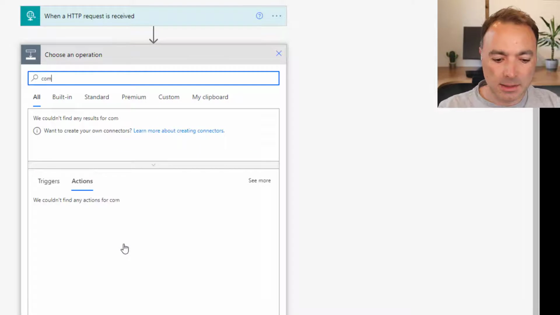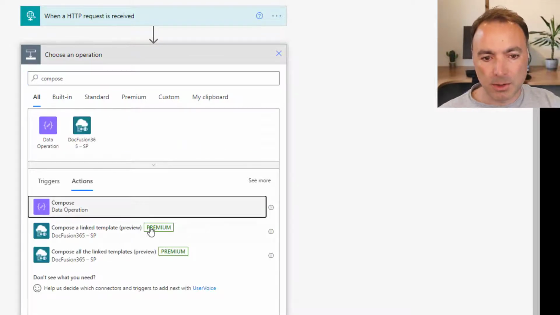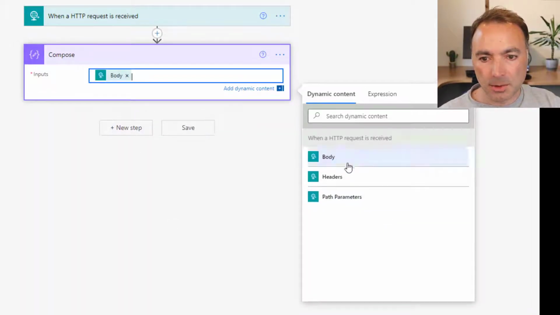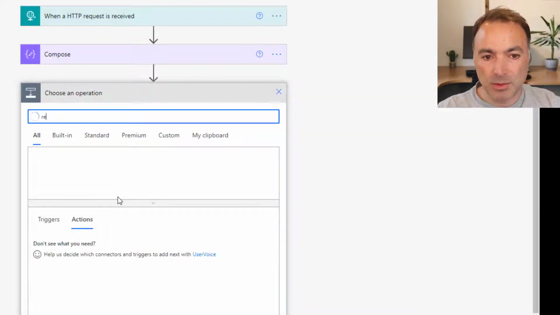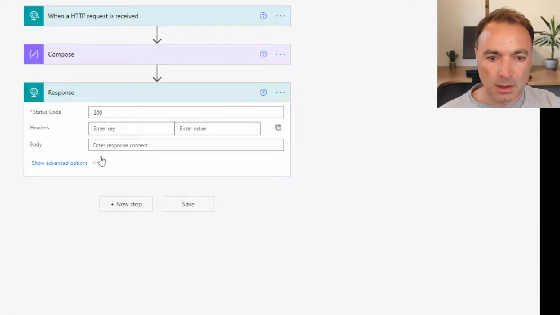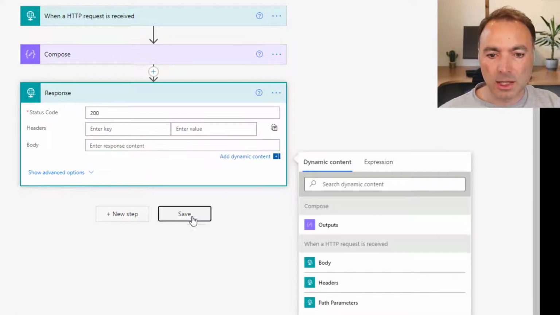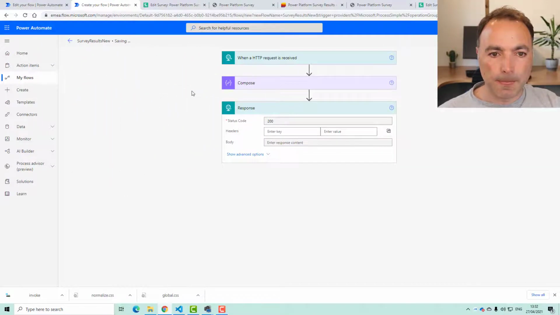So at the moment, I'm just going to put a compose in. I'm going to put the body of when a HTTP request is received. And then I'm going to do a response. And I'm just going to say 200 OK for that. And that will give us a URL that we can work with.